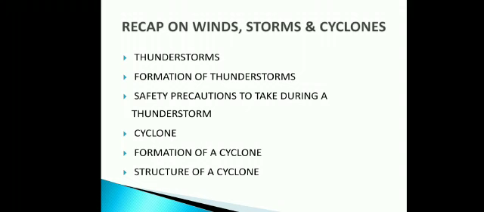Structure. See, usually the cyclone takes a rotation of air at a height of around 10 to 15 km. The center of the cyclone is called the eye of the storm. That is a clear area. There will be no clouds but only light winds. That eye area ranges from 10 to 30 km in diameter.